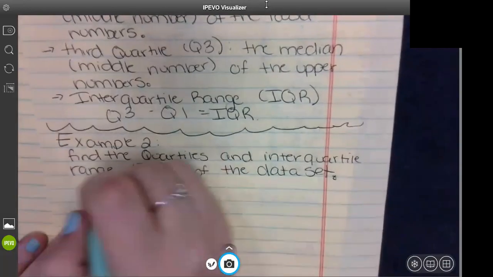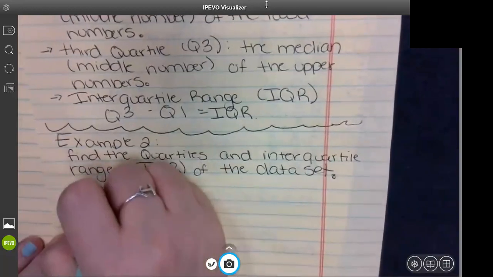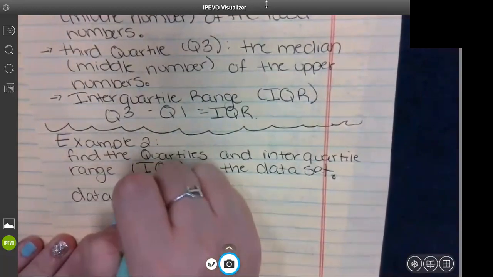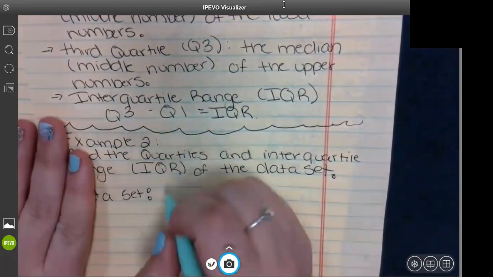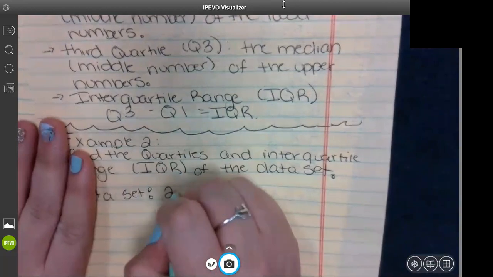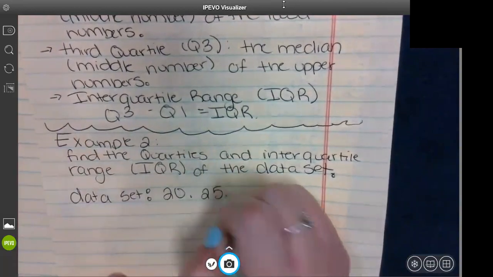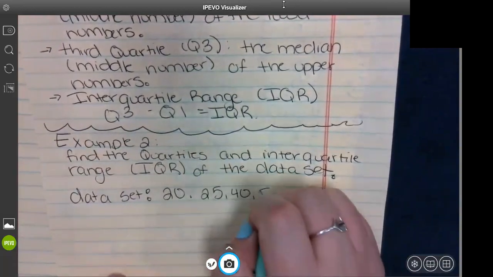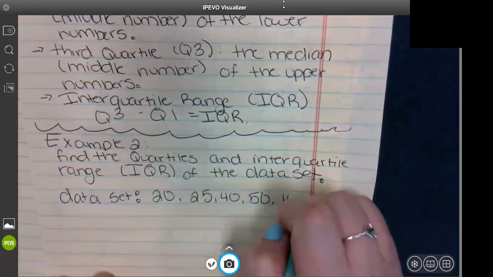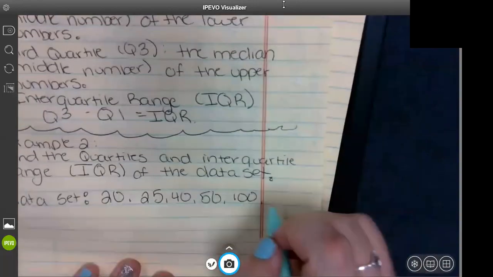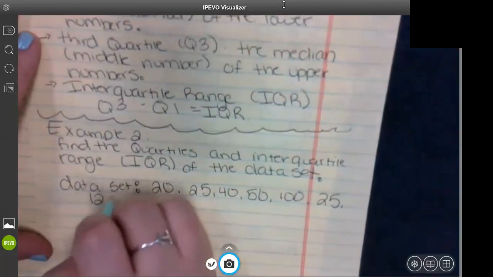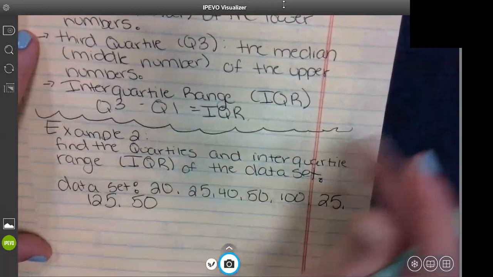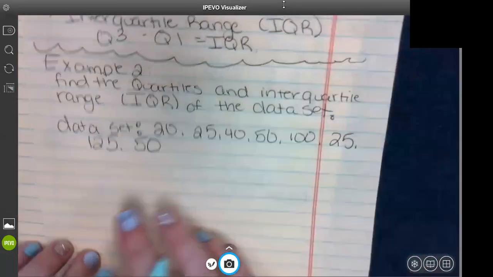And the data set that we have is going to be 20, 25, 40, 50, 100, 25, 125, and 50. So the first thing that we do every time we see a data set is put it